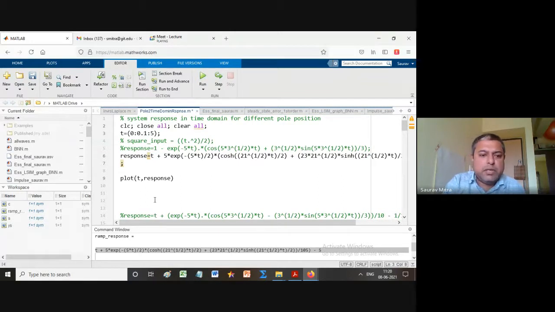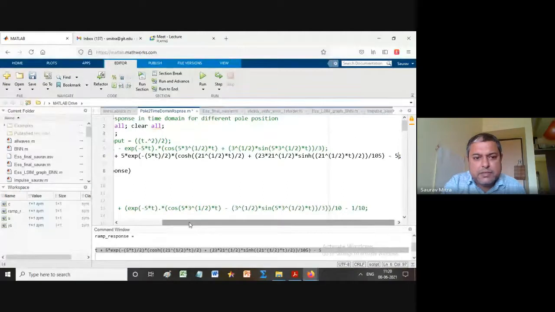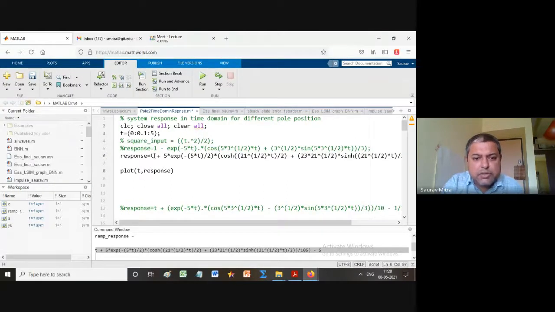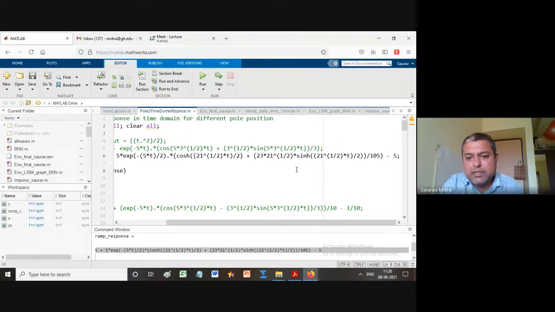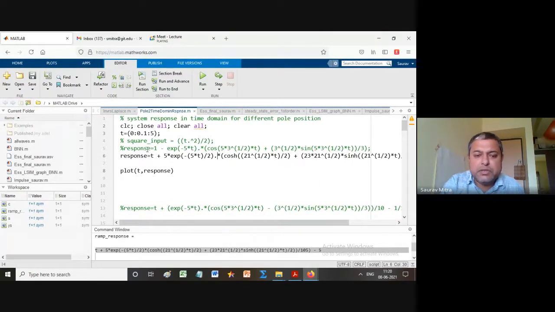Okay, so what all changes do we have to make here? First you have to understand that wherever there is multiplication with t, so this is the first term t, and 5 exponential t and cos, here a dot is going to come. Why? Because this is a t term and this is also another hyperbolic t term, so the multiplication of both will be dot multiplication. Then here it is there. Here there is a multiplication like this. So just check what all terms are there. So this is an ever increasing term t.